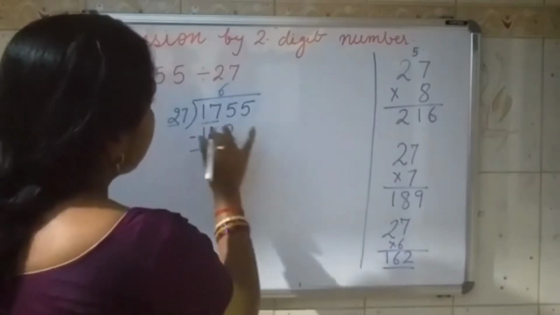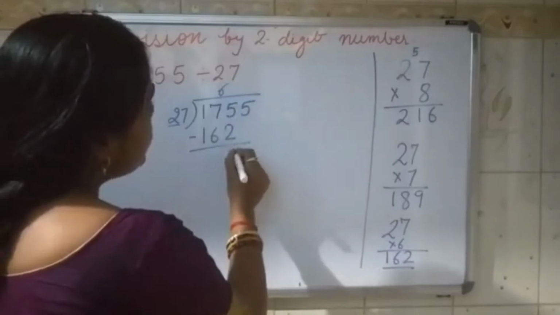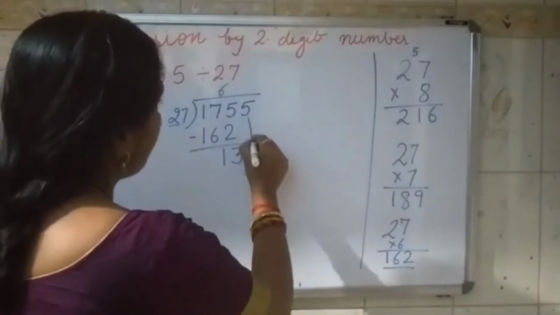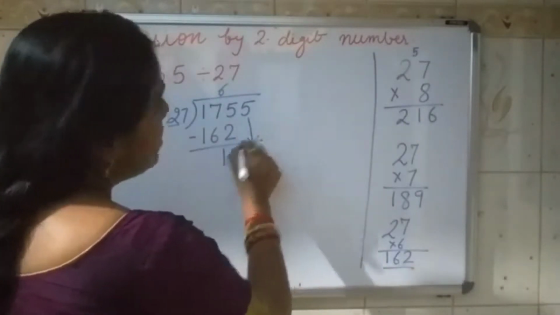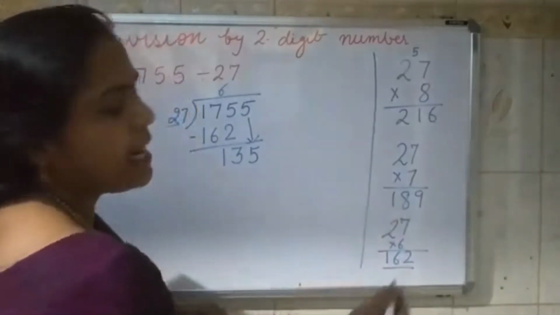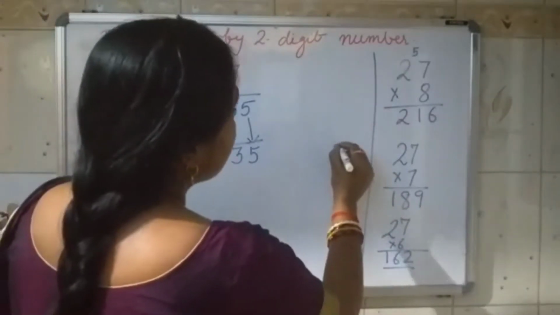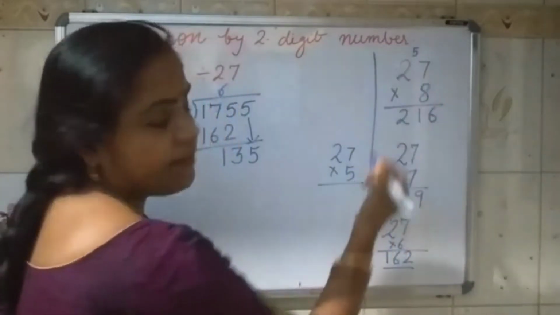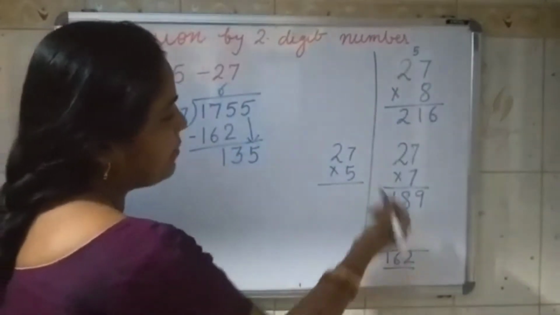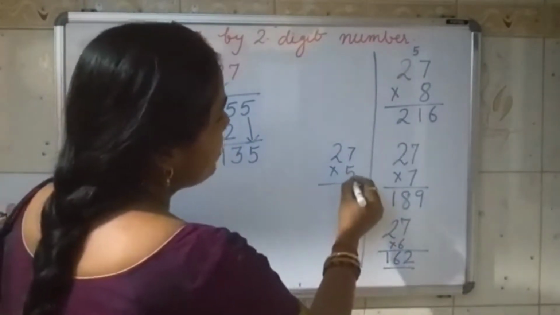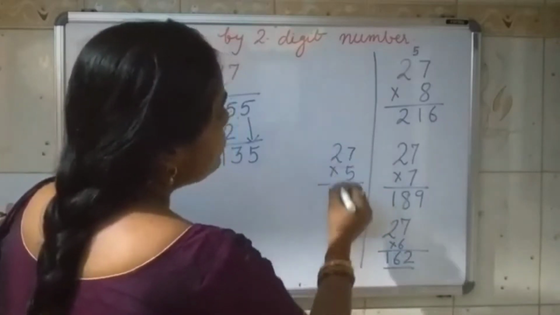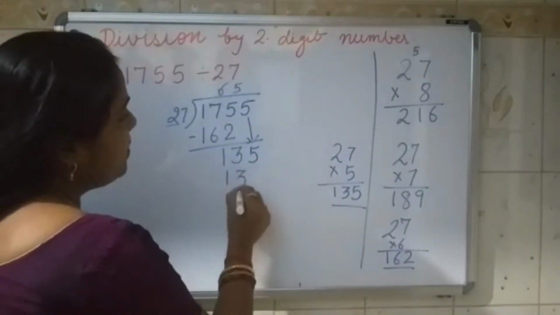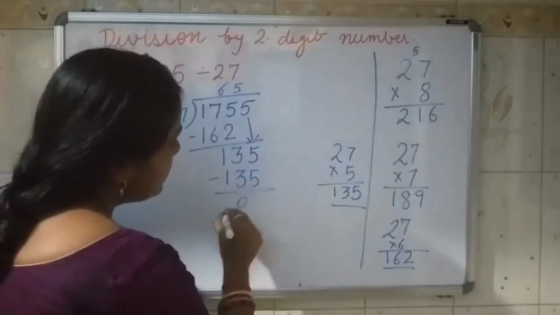Now we will subtract as we are doing. 5 minus 2, it is 3. 7 minus 6, it is 1. Now 13, we will bring down the 5. We have already seen that higher numbers don't work, so shall we go for less than this? I am just trying it. 27 multiplied by 5, because I already applied 6, 7, 8, which give more than 135. So I am going one less than this. 27 into 5: 5 sevens are 35, 5 twos are 10 and 3 is 13. So it is 5 times, 135. Subtracting, it is 0.